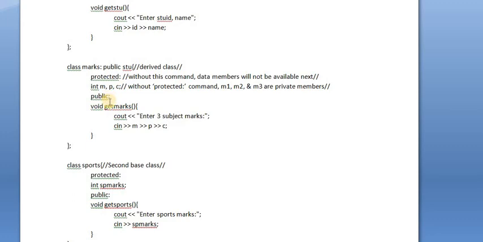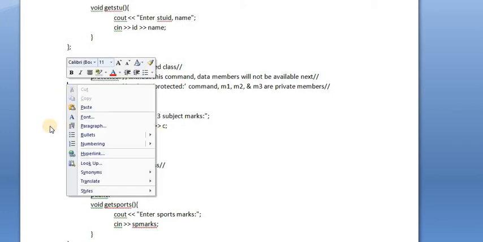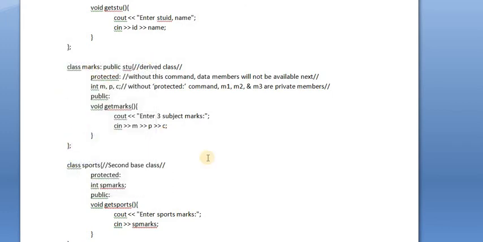In the public section there is one function, that is getMarks. By using this we can take input from the user, enter 3 subject marks. Now here by using the cin function we can get the values for maths, physics and chemistry. This is the completion of the derived class marks.